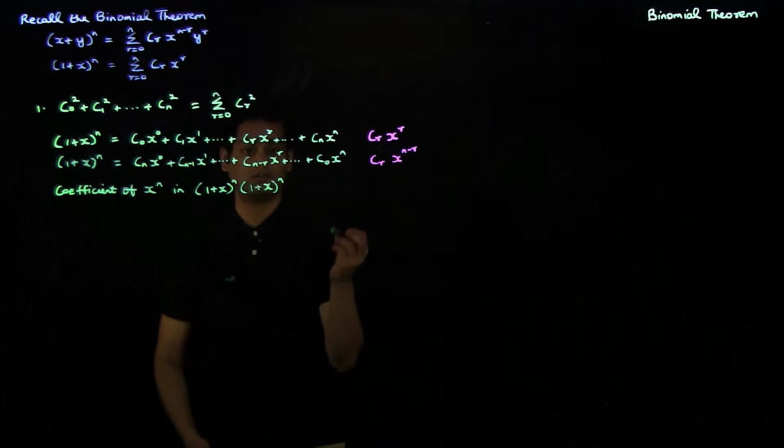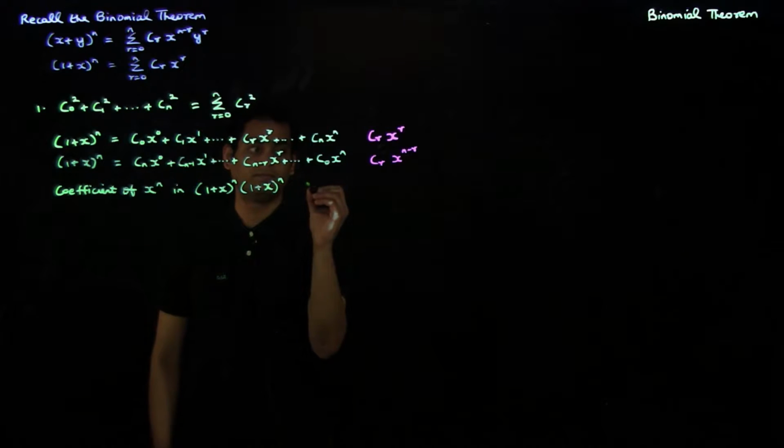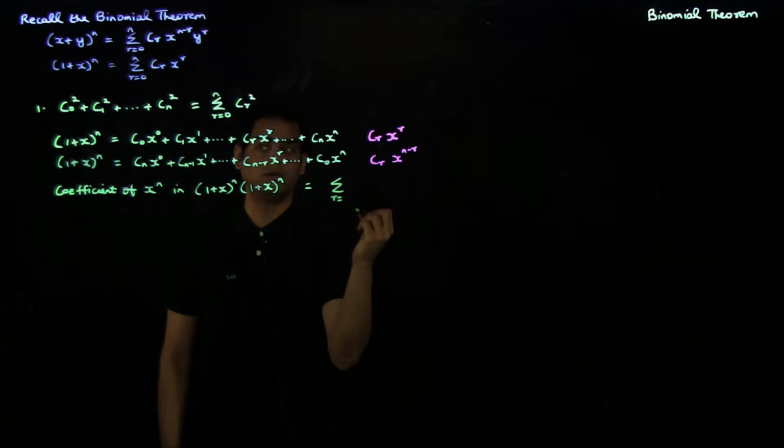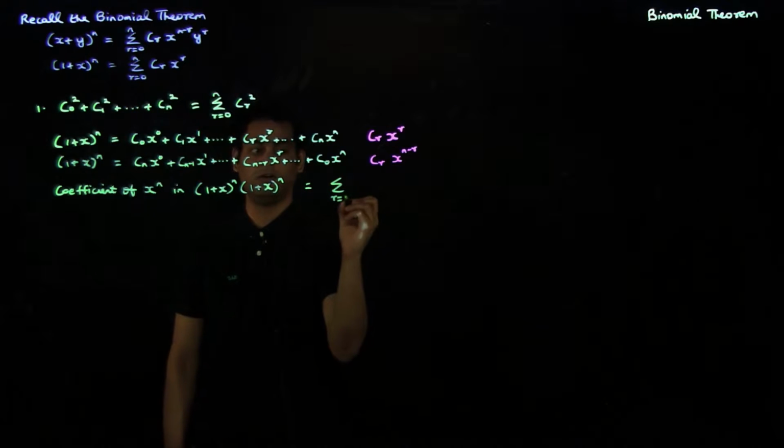So the right hand side is going to give us summation r equals 0 to n